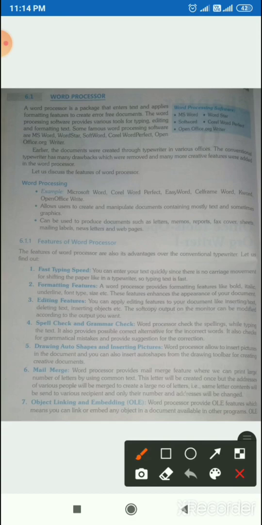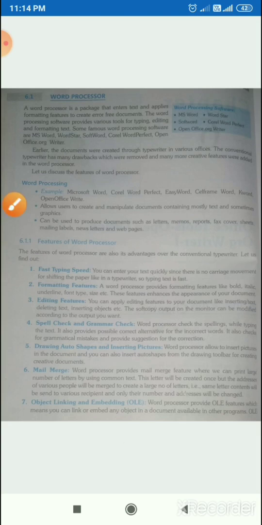That object linking and embedding feature provides us an ability in that we can link or embed any object in our document available in the OLE. This we will learn later in this chapter only. Okay, so children, these are some features of word processing application, and in our chapter we will learn text document.